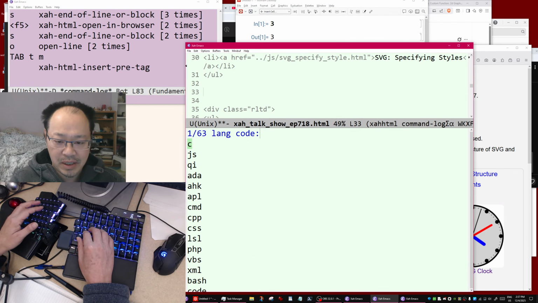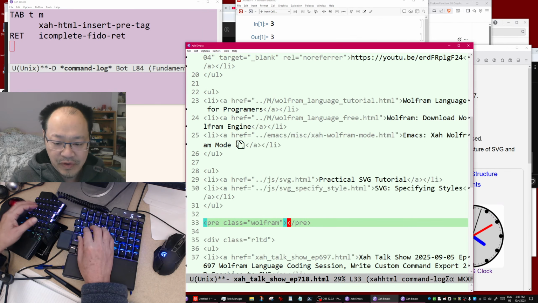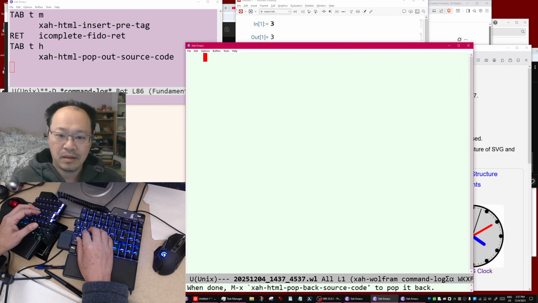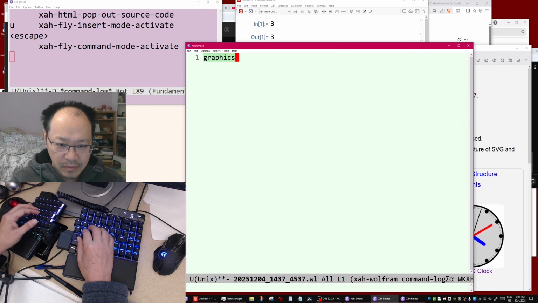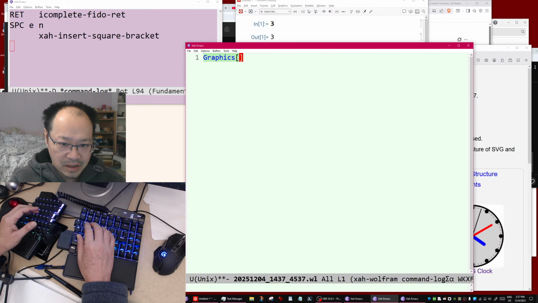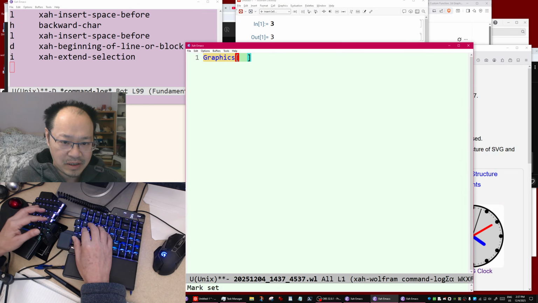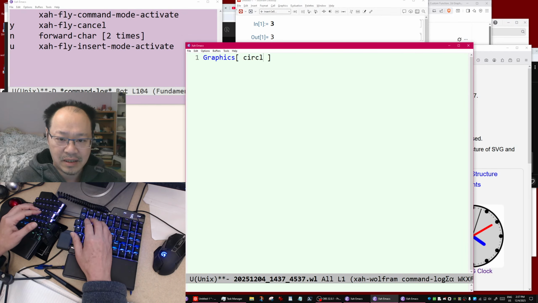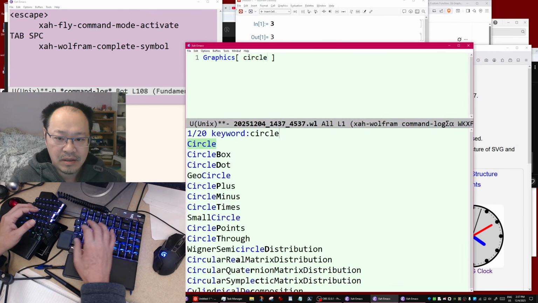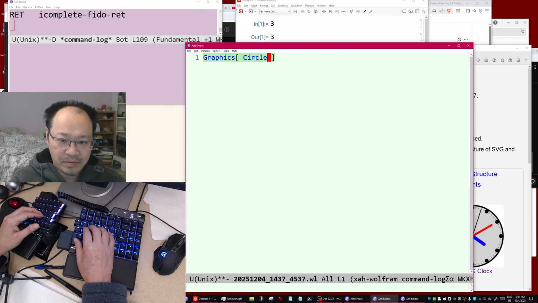Now, let's just begin code, okay? So start the Wolfram language. So let me start to show you graphics. Okay, so this is graphics. Anything of 2D graphics begin with this function, graphics. And last time we did a circle. So let me just demo Wolfram language